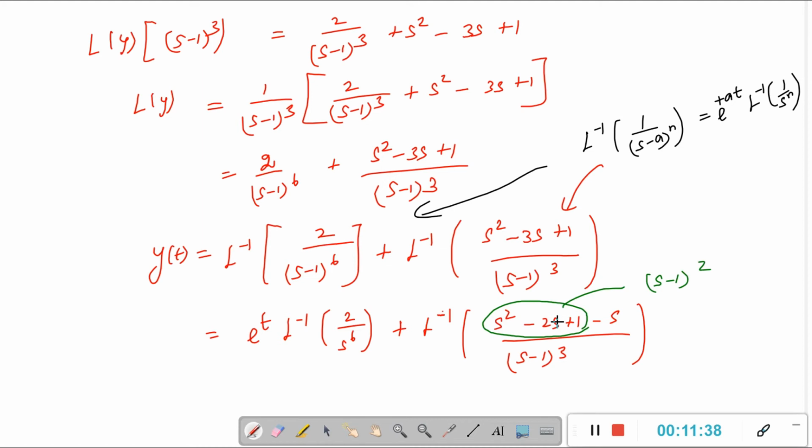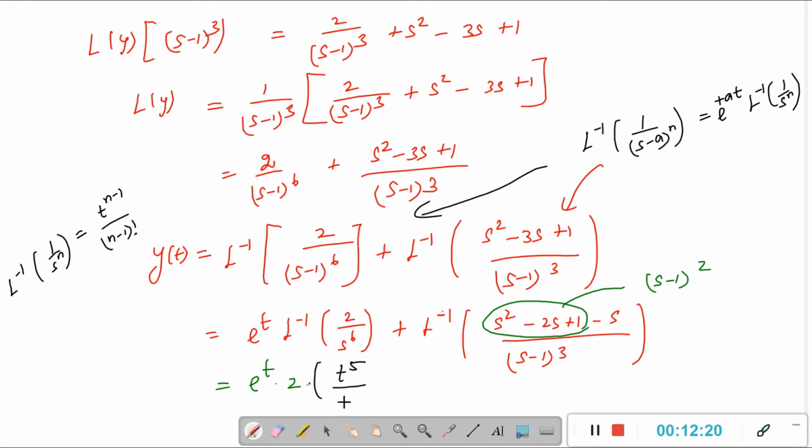And also, I am going to substitute the formula here. So what are the formulas I am going to apply? Before substituting, I am going to write, which is equal to e power t 2 into, I am going to apply this formula. L inverse of 1 by s power n is equal to t power n minus 1 divided by n minus 1 factorial, which is equal to